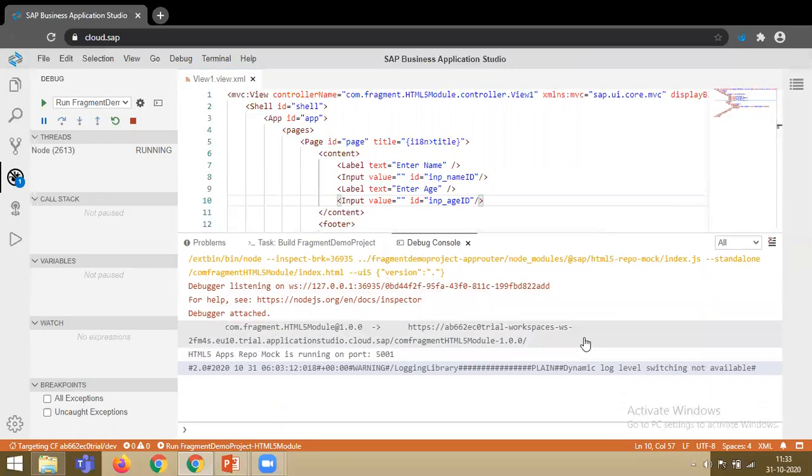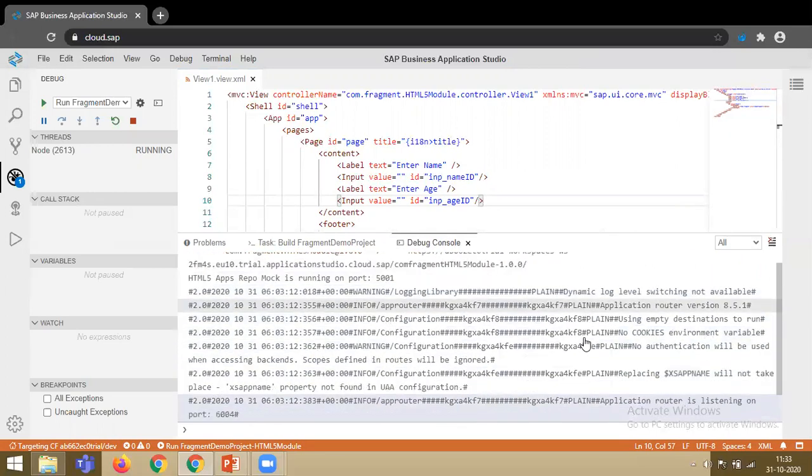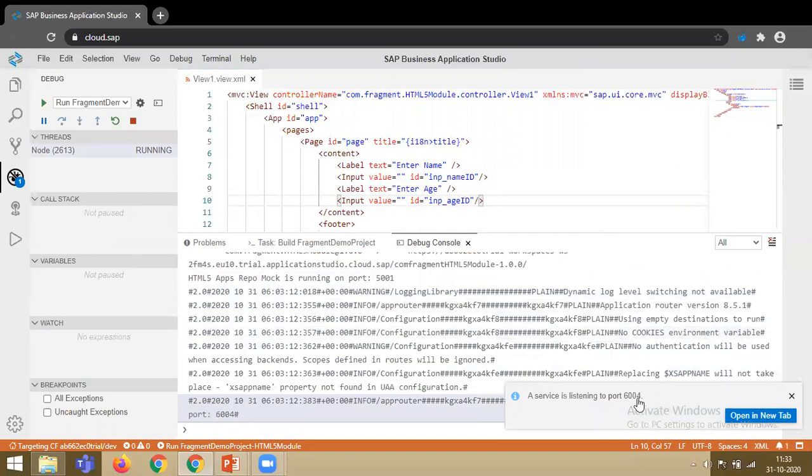So next step is to declare the fragment view. Okay, now I just need to click on open in new tab. It will open my application in a new tab.